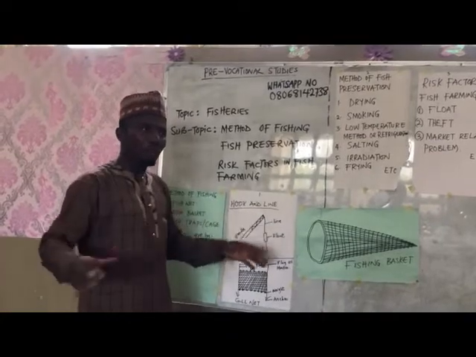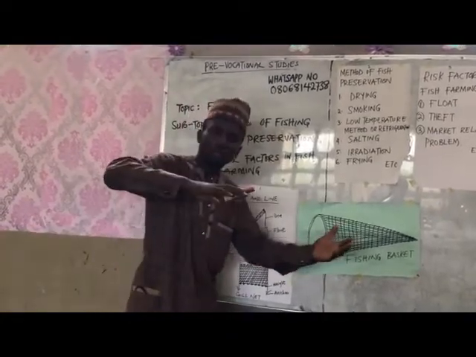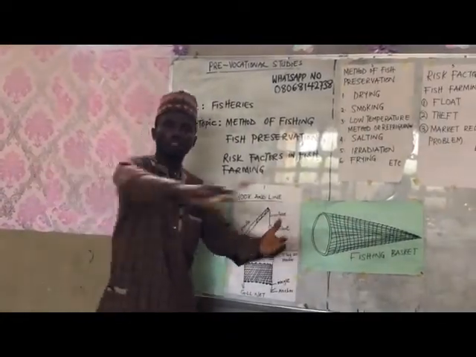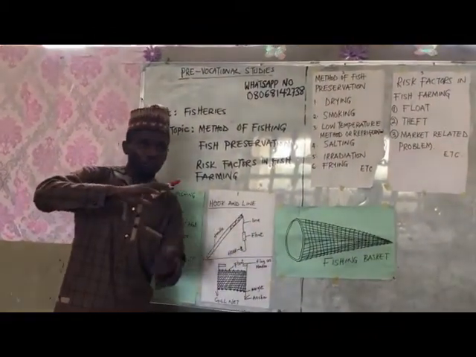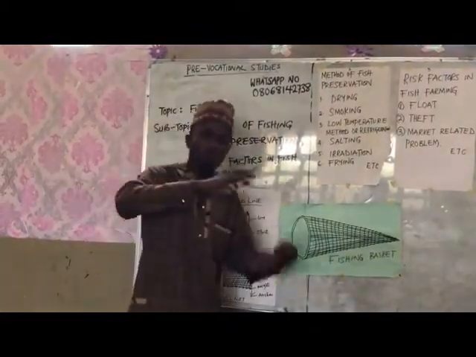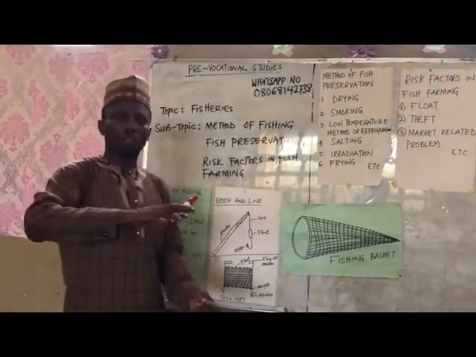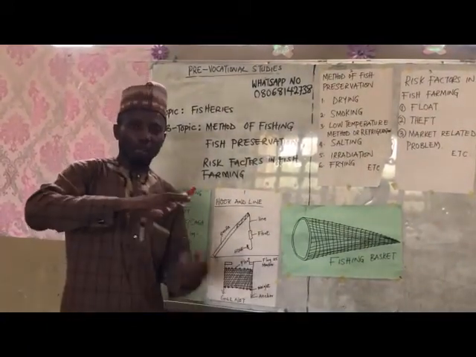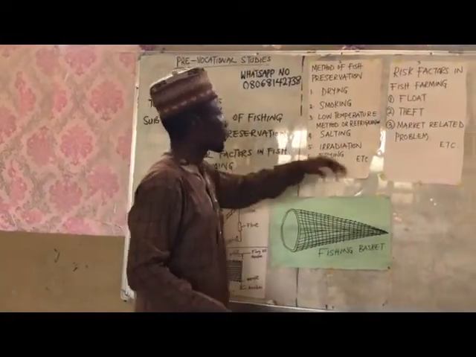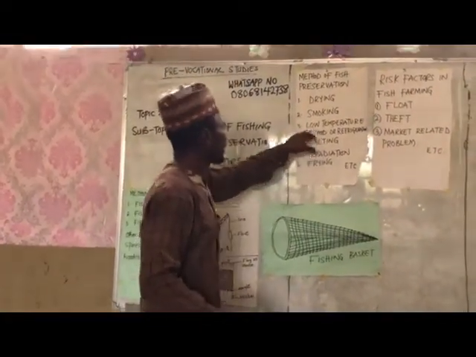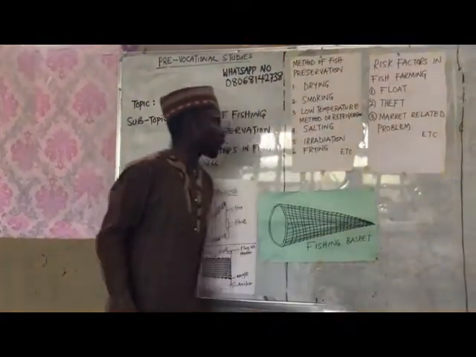Then the wire gauze, you now place your fish on top of what? On top of this wire gauze. Then when you're smoking, you see oil dropping. That oil that is dropping is the moisture content that we're talking about. What you see as oil is the moisture content, and that is capable of what? Discouraging bacterial activities.